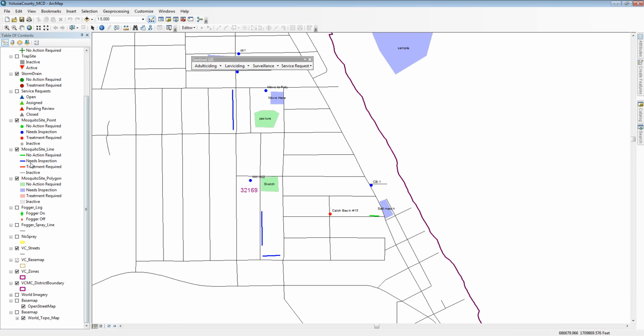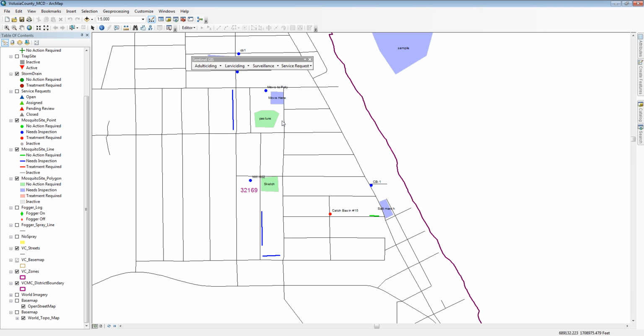The colors tell the technicians and the office manager what kind of activity needs to occur at these mosquito breeding sources. Any site that's green, like you see on the map, is a site where no action is required. This does mean that this site was recently inspected by a technician and no larvae were found, or more commonly, this site was inspected by a technician and was treated to control the larvae at that site. This site will remain green for a defined period of time. For example, if this site is treated with a 30-day pesticide, with a 30-day residual,